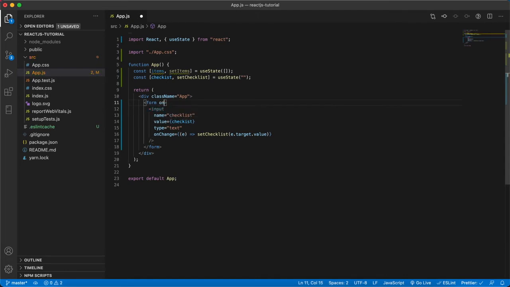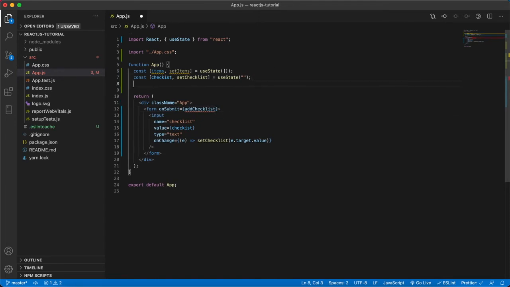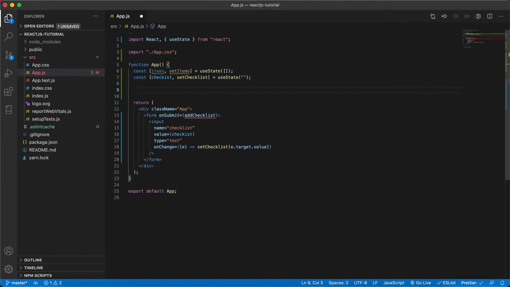On submit we will write a function that will handle the change. onSubmit will trigger when you press enter, and it will add whatever value you have typed in the text box to the items array. That is what we are going to see here.